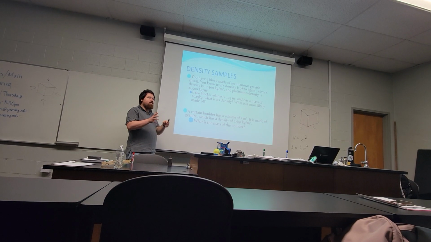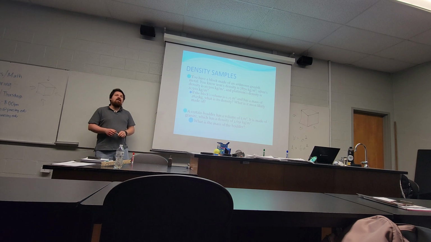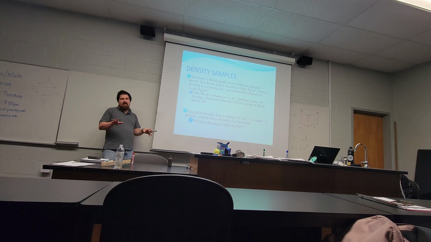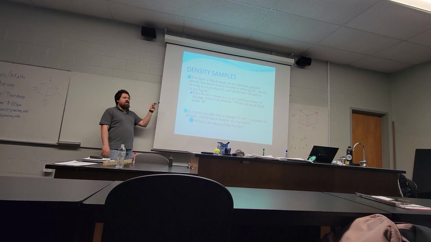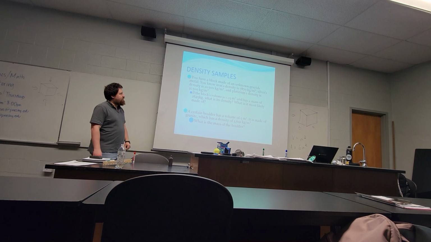So knowing what something's made of and knowing its density can help you figure out what things are made of, because an issue that has plagued scientists throughout history is that a lot of metals tend to look pretty similar. A lot of them are just gray. And so sometimes you have to use density to help figure out what they're made of. For example,